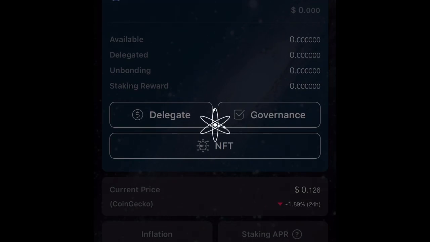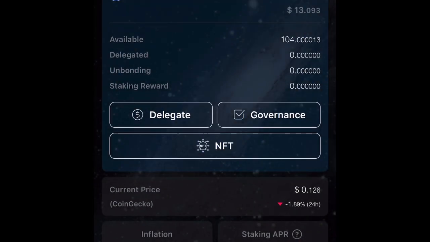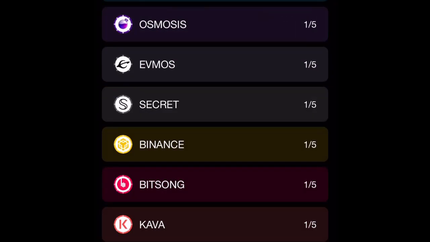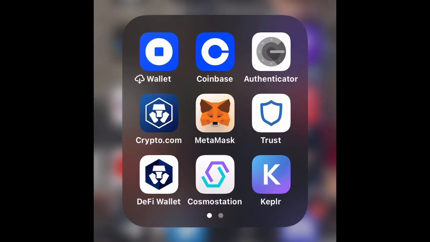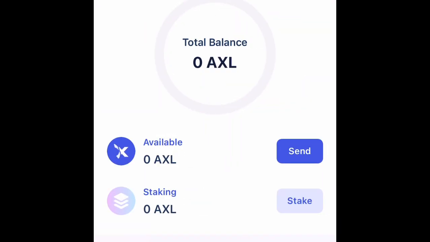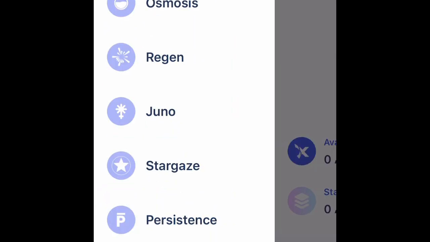We're going to go back to the crypto here. So you guys confirm I got that amount in here, whatever. We're going to exit up out of here. We're going to close the DeFi wallet. We're going to go to Keplr now. So remember, I have the seed phrase from Cosmostation. I have it in the Keplr. So when I go up here, I go to Osmosis.